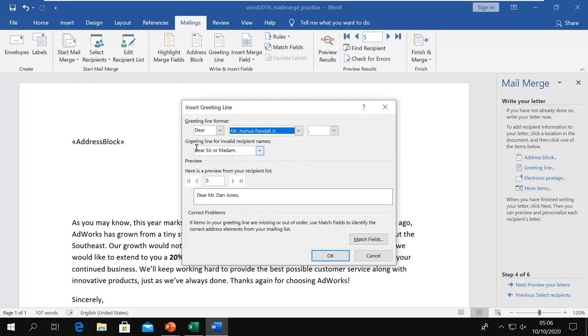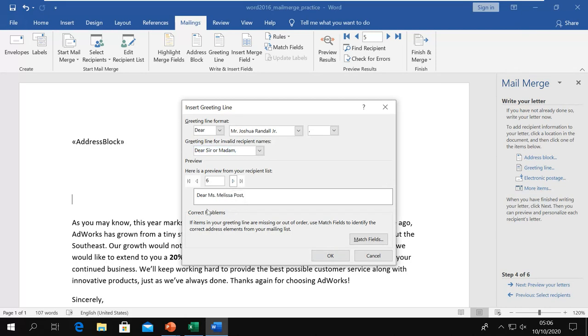Or this option says that if something is not matching, then what should we print? So it should print Dear Sir or Madam, or you can say something else, To Whom It May Concern, or none. So you can decide that also, and this will show here when you print out the document. So we selected like this, so it will go like this.